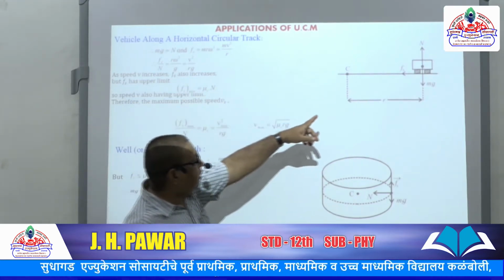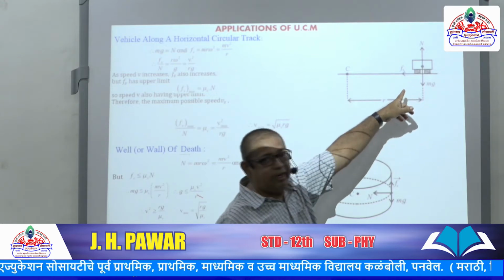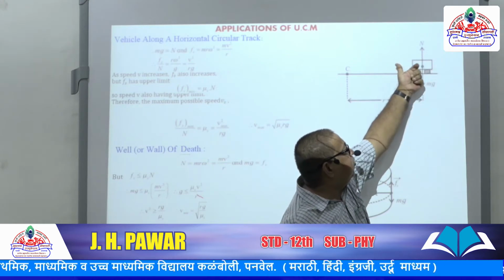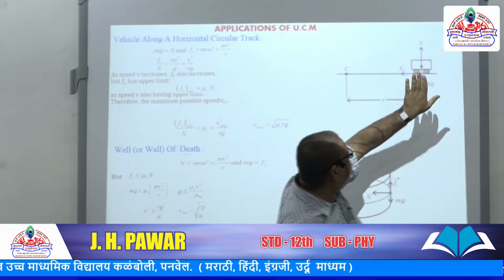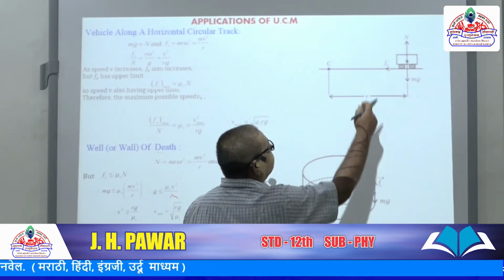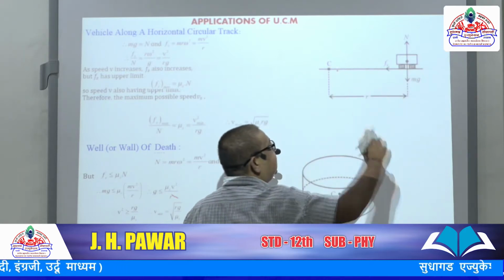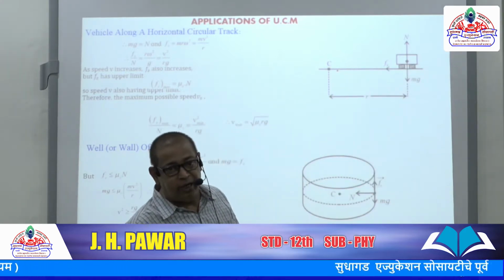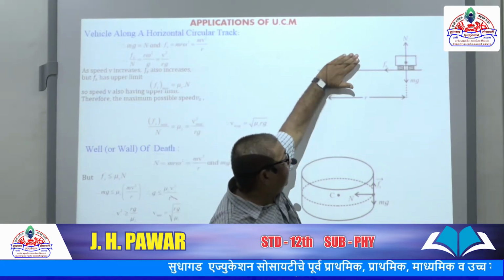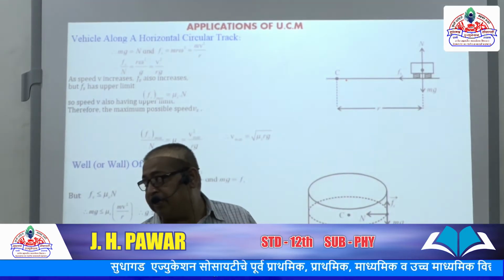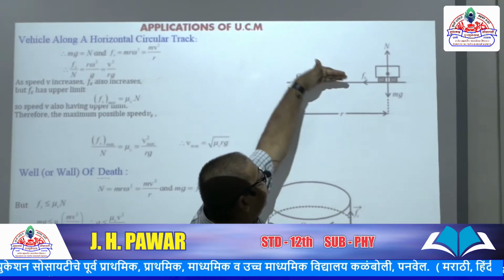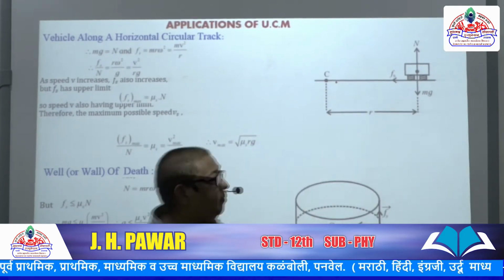In the figure, a vertical section of the vehicle is shown. Look here, this vehicle is either going inside the board or going outside the board. Means the back view or front view of the vehicle is shown in the figure. As well, r is the radius of the track and c is the center of the circular track. Here, the plane of the figure is perpendicular to the road surface. Means the plane of the figure is a vertical plane and the road is horizontal.